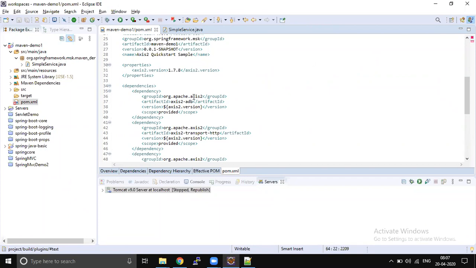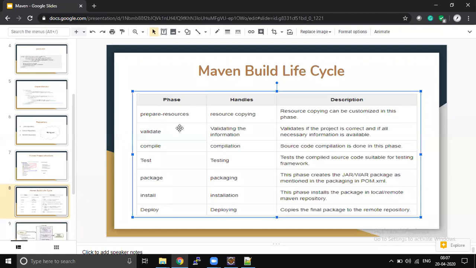For example, yesterday we did one mistake, right? We added one .a, right? So this validation will fail as part of the second life cycle. If you do any kind of problem that creates an error for your Maven, that error will be identified as part of the second life cycle. It is validated. That is valid.